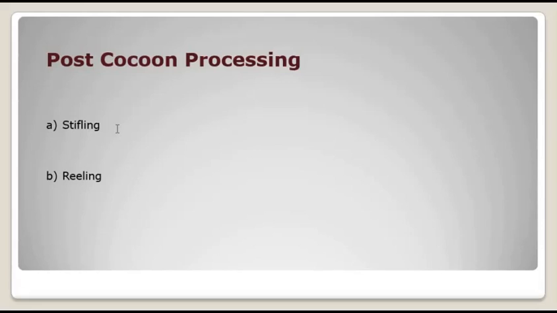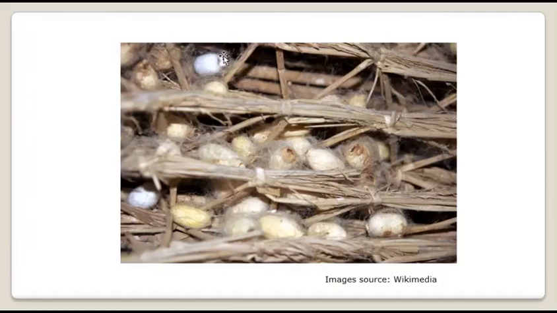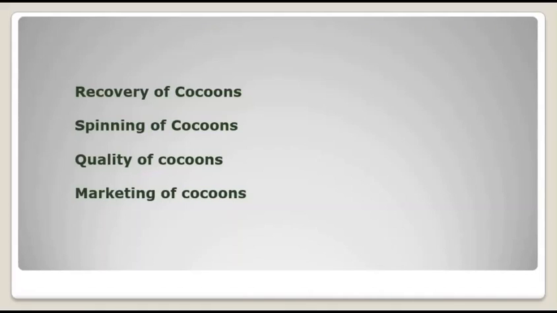And if it is killed inside the cocoon, it is not going to break the cocoon and cannot come out. So ultimately whatever cocoon you have will remain intact, and only such an intact cocoon gets market value. Remember, if the cocoons are broken, the threads present in that portion are broken, right? And such broken cocoons have very little market value. They are not even sold properly in the market. So as to get the profit, and for the reeling industries, the cocoon should be killed.